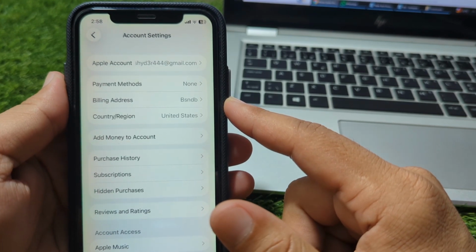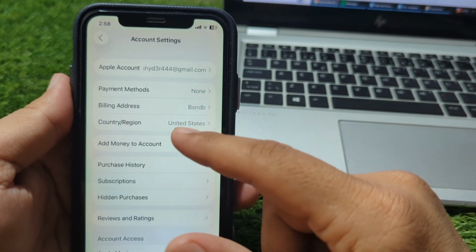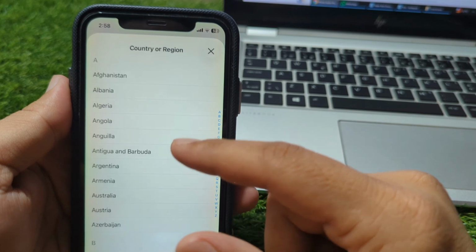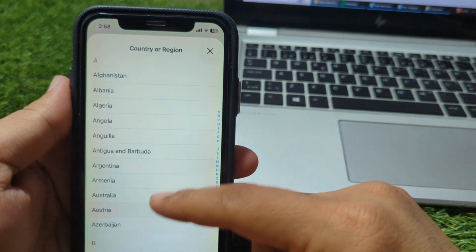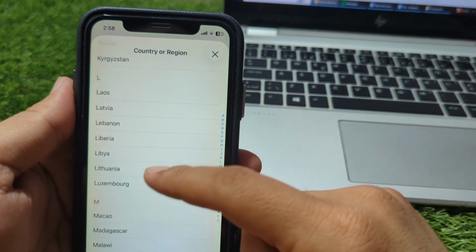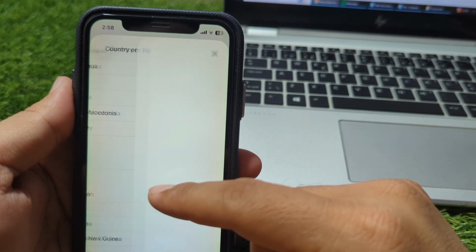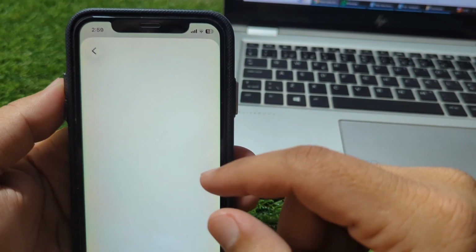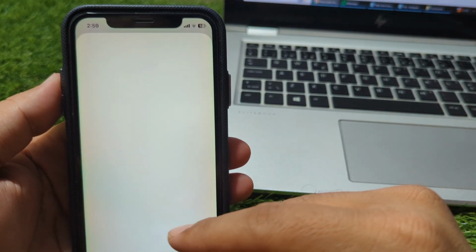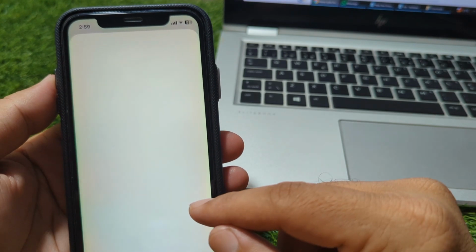So guys, from here you have to simply go to Country and Region, and from here you have to simply change the region to Pakistan. So guys, search for Pakistan and wait for some seconds and then tap on Continue. Again tap on the Agree button,